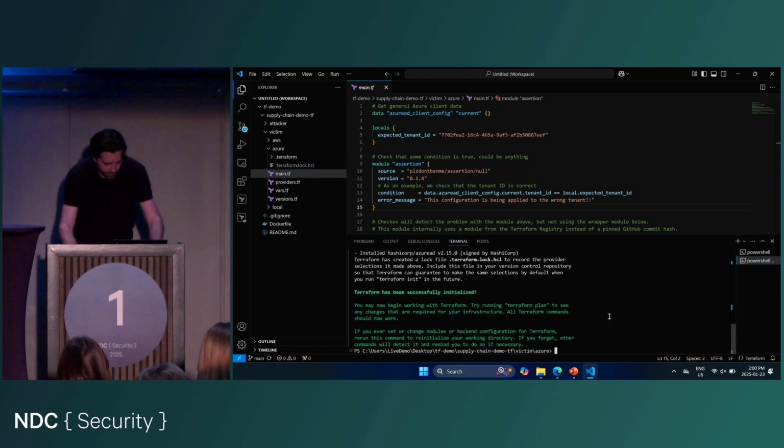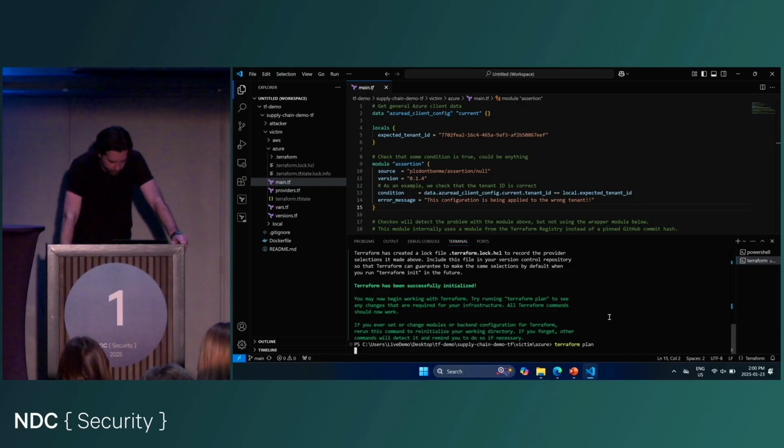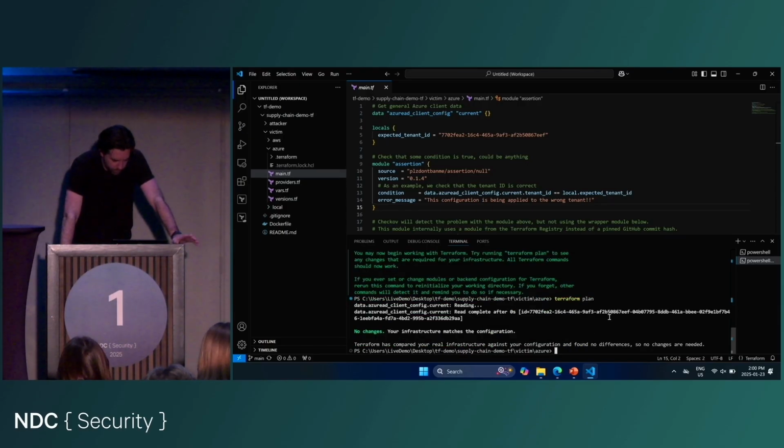Over the hotel Wi-Fi, and a Terraform plan. Okay, no problems here. The assertion passes because I am connected to the right tenant and everyone's happy. So now what I'm going to do is, as the attacker,